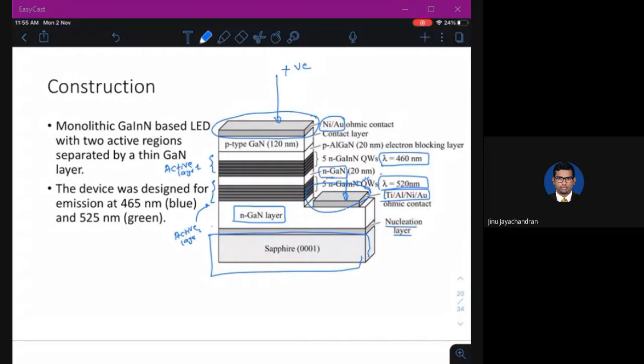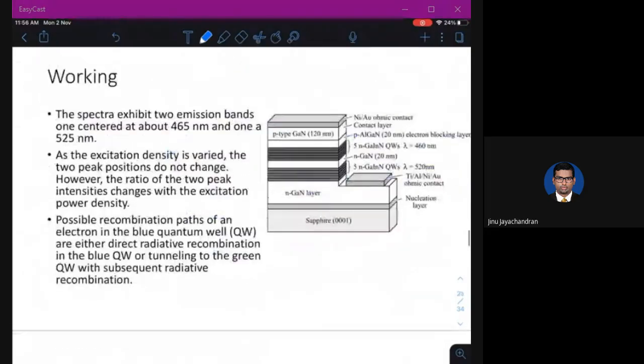N-type gallium nitride semiconductor, and over that there is a P-type aluminum gallium nitride, and a P-type gallium nitride. The 460 nanometer is basically blue, and 520 nanometer is basically green. So this is in a single chip, because of which it is a monolithic gallium indium nitride. The spectra exhibit two emission bands, one centered at 465 nanometer and one at 525 nanometer, because you have